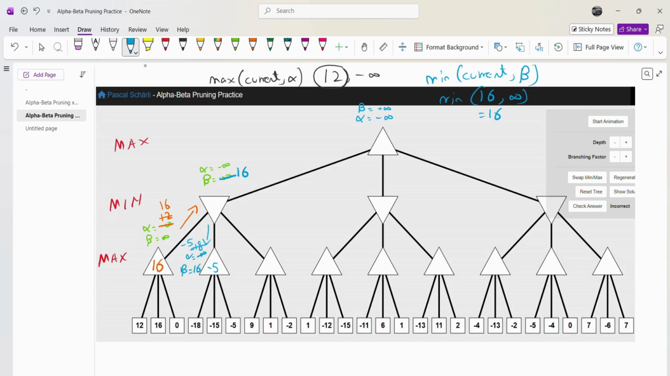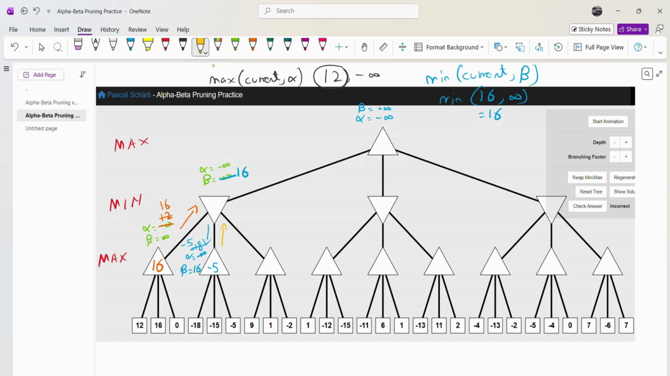Now this is the current value of this node. So this would also go up to its parent. The current value of the parent we have right now is alpha at negative infinity and beta at 16. And now we are getting a current value of negative 5. Since this node over here is a min node, it would undergo the same